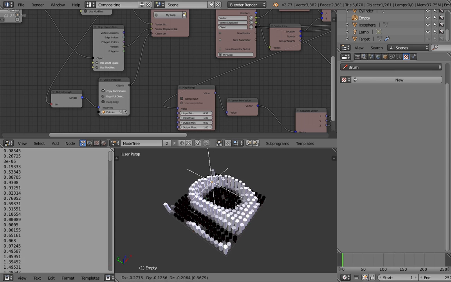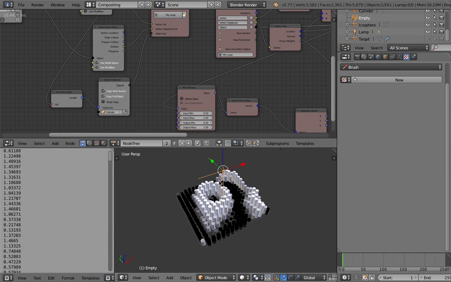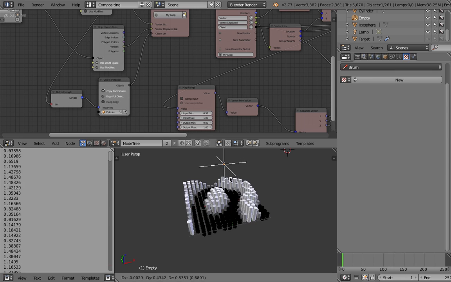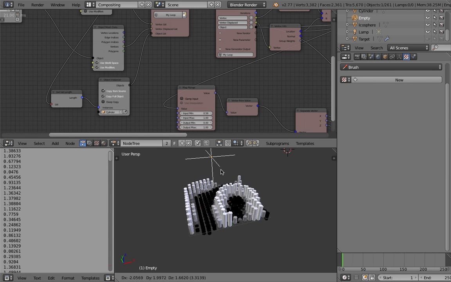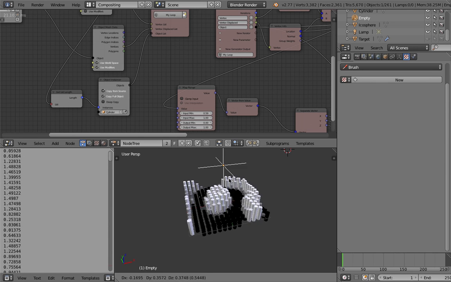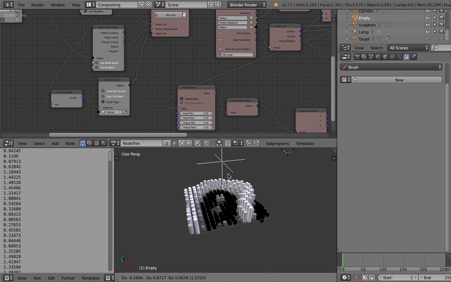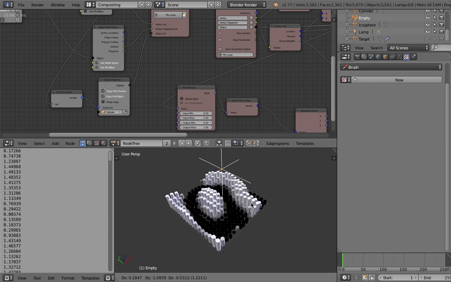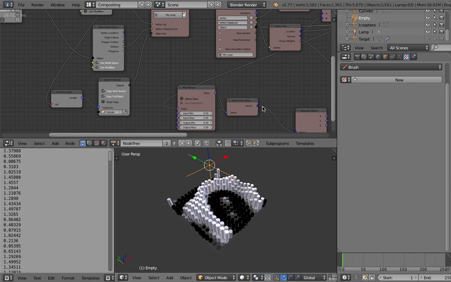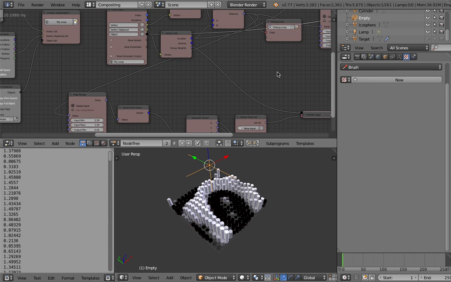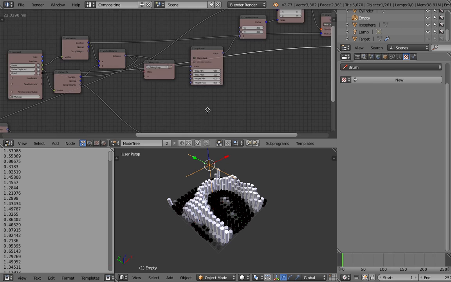Something to consider. Maybe the normal needs to be flipped to make this work, or we can just flip the value up there,